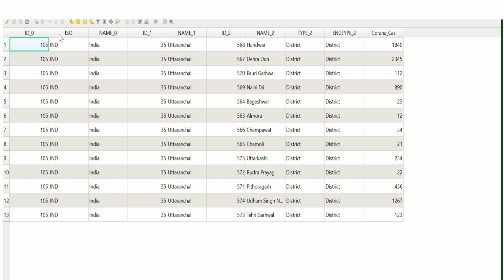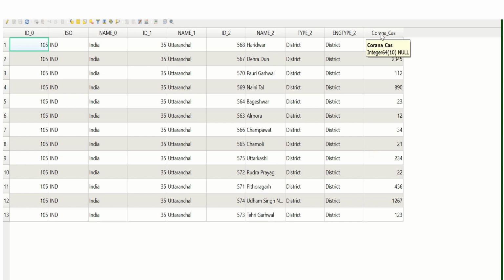This is the table. Here the name underscore one is for Uttaranchal, that is nothing but the common name. That is now the name of the state, Uttarakhand. This name underscore two represents the district name. These are the districts of Uttarakhand.